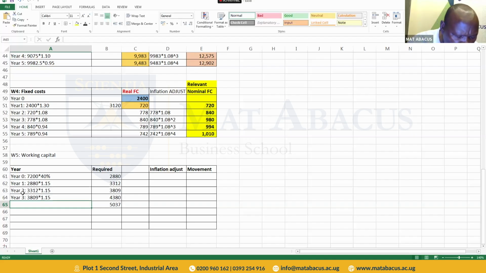And in year 4, what will I have? I will have 4380, which will continue growing by 15%. We get that. However, because we started in year 0,